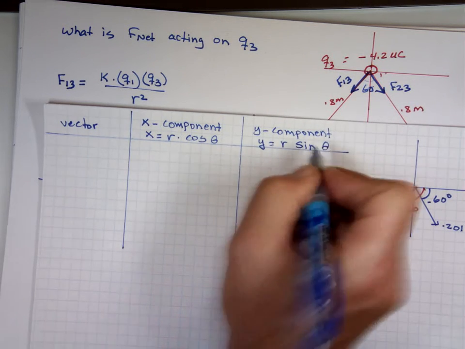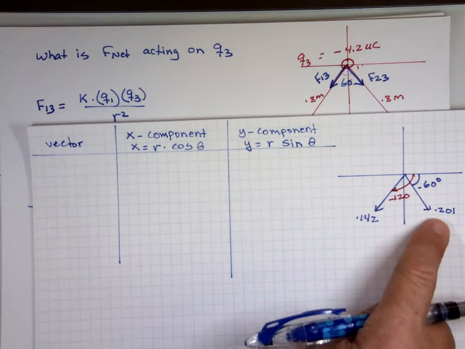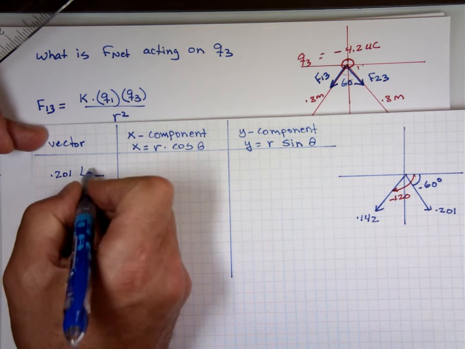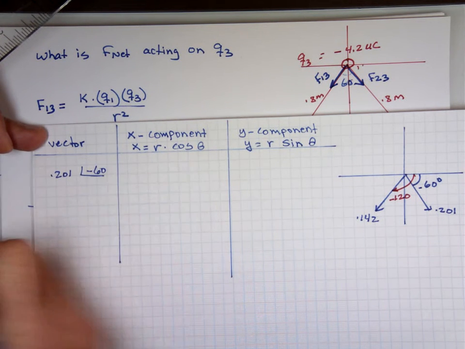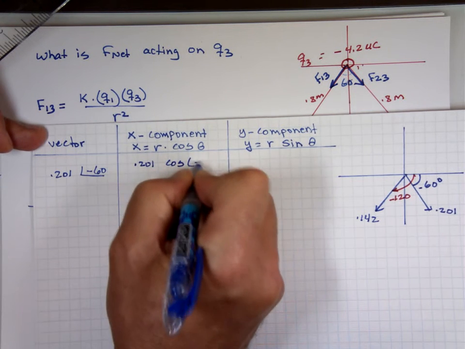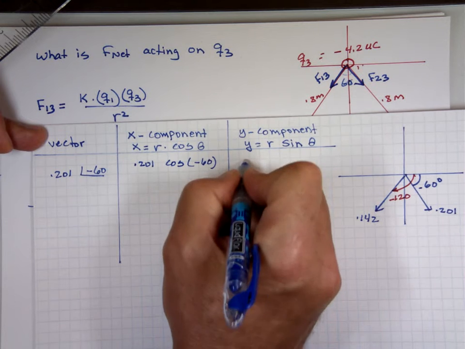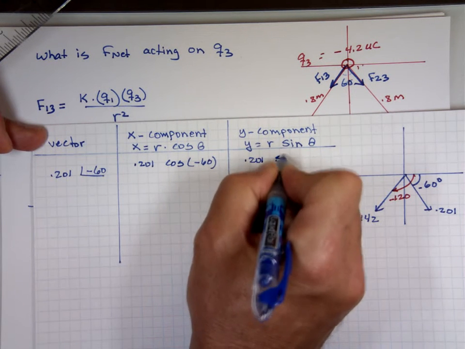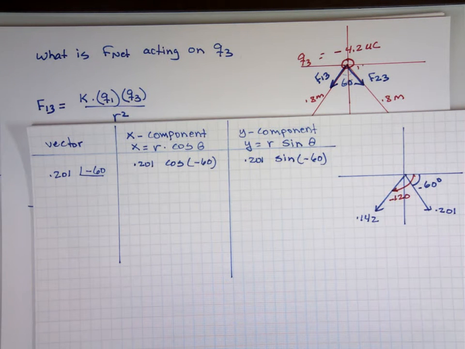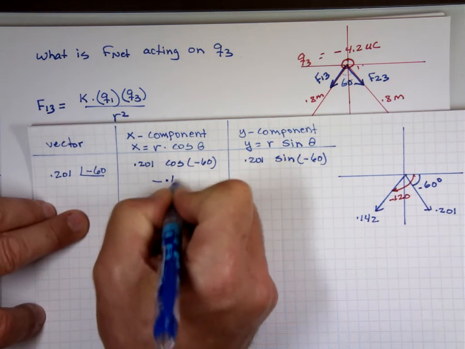So the first vector I'm looking at, I'll look at this one, 0.201. The angle is what, negative 60? So the x value is going to be 0.201 cosine of negative 60. And the y value 0.201 sine of negative 60. Negative 0.191. And the y value